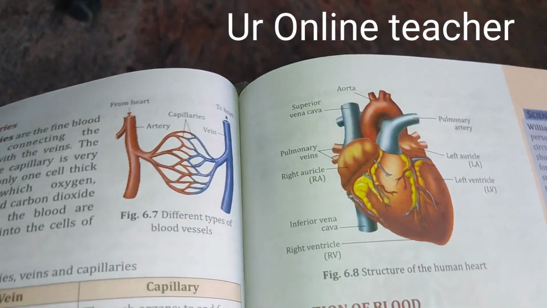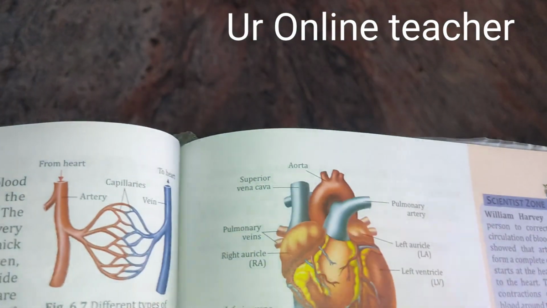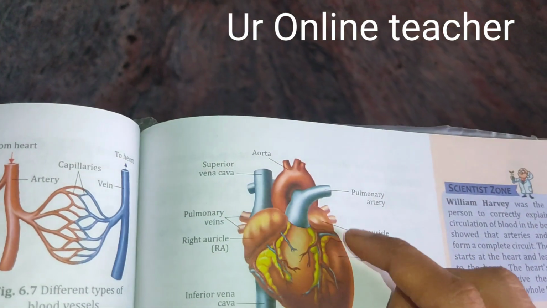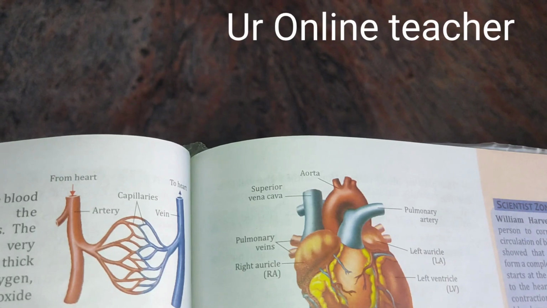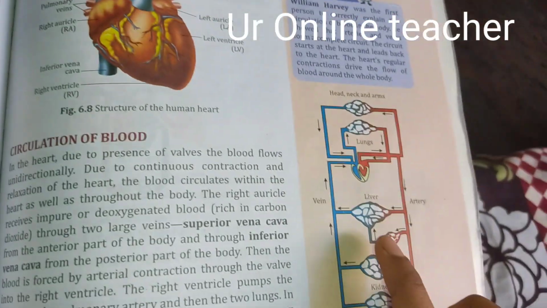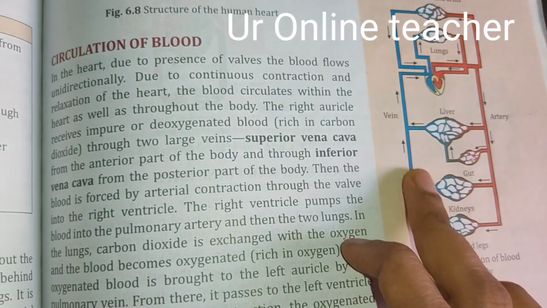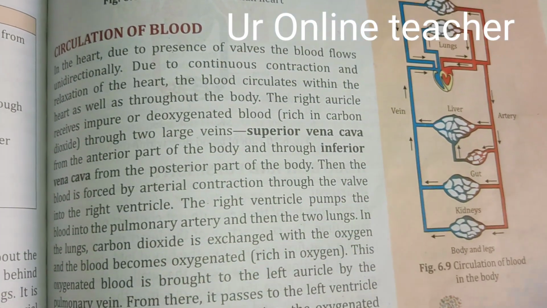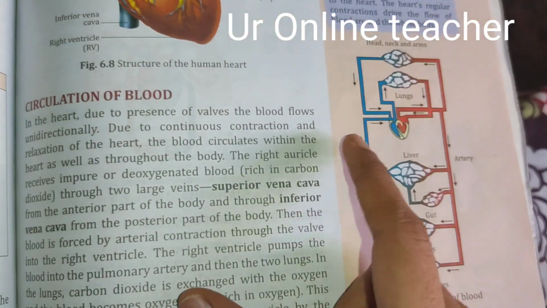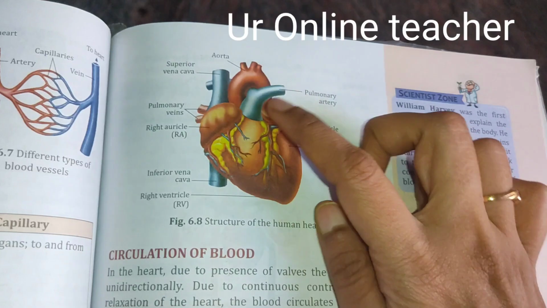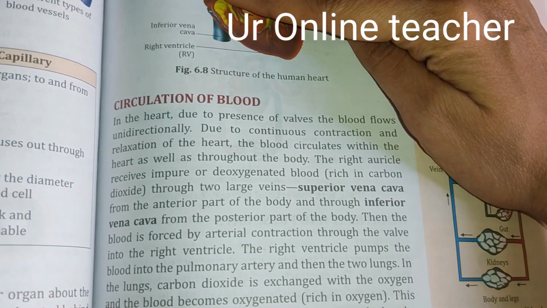Next, how does the circulation of blood take place in the heart? In the heart, due to the presence of valves, the blood flows unidirectionally, only in one direction. Due to continuous contraction and relaxation of the heart, the blood will circulate within the heart as well as throughout the body. First the right auricle will receive the blood,